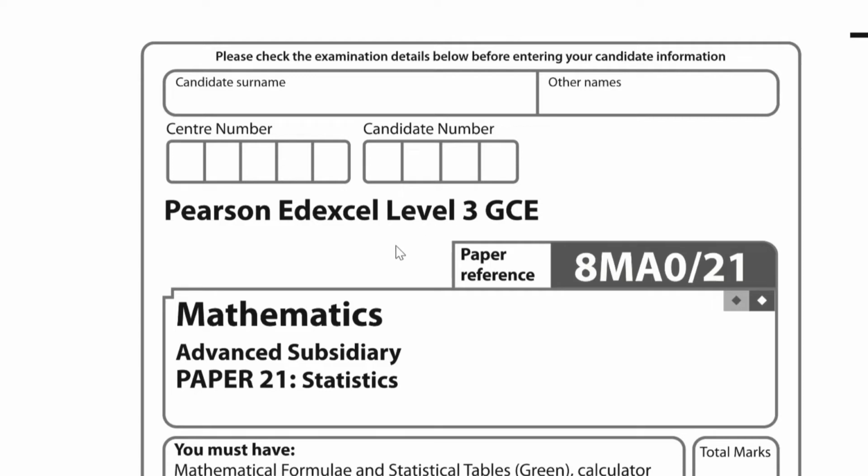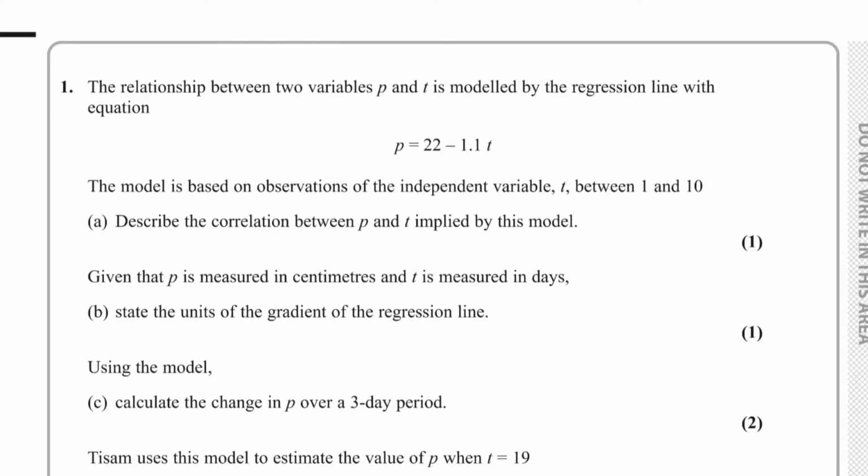This is the EdExcel AS Level Maths Paper 2 covering the Statistics module, and this is from the 2022 series. Question number 1. The relationship between two variables p and t is modelled by the regression line with equation p